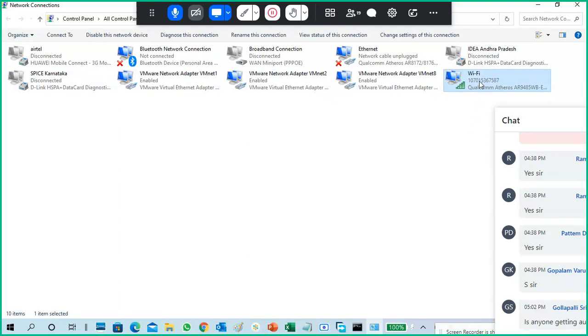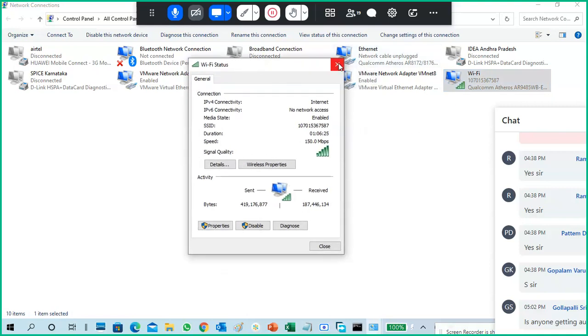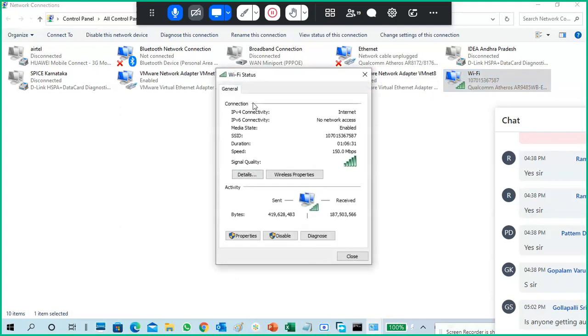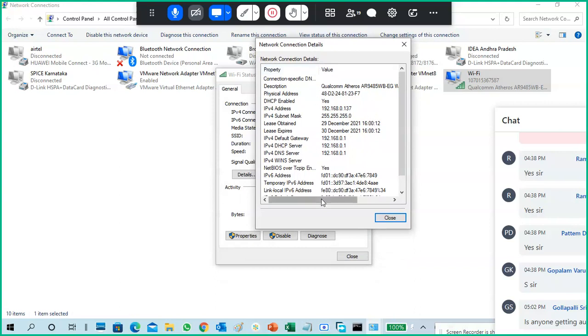This is my Wi-Fi adapter. Double-click on the Wi-Fi adapter, or you can right-click and go to Status also. It will open this window. Click on Details. When you click on Details, you will get the details of this adapter. See here, DHCP enabled.